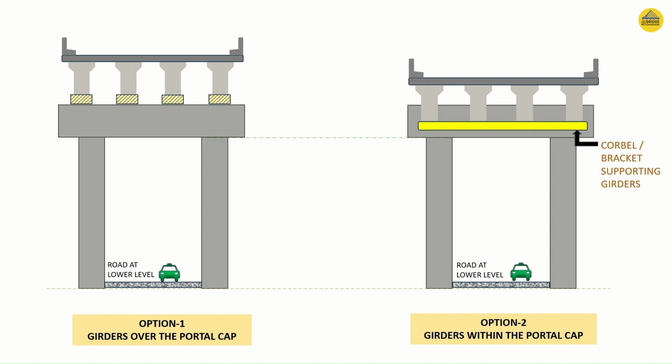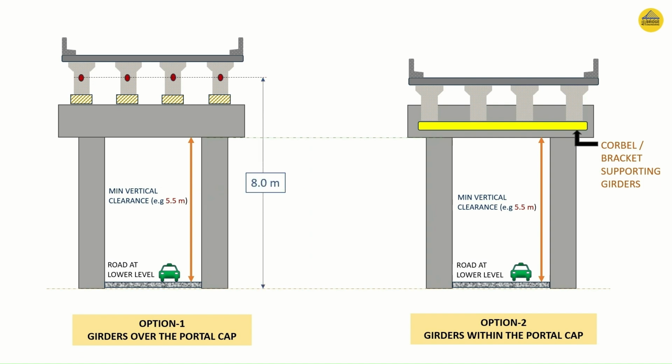Now, as per minimum vertical clearance requirements of various design codes, the height of these portal piers is determined. And if I talk about Indian Roads Congress or Indian highway codes, this minimum vertical clearance is 5.5 meters, which is measured from the top of the road at the bottom level till the soffit of the deepest member of the portal. In this case, the member is the portal cap. So from the soffit of the portal cap to the top of the wearing surface of the road at the lower level,